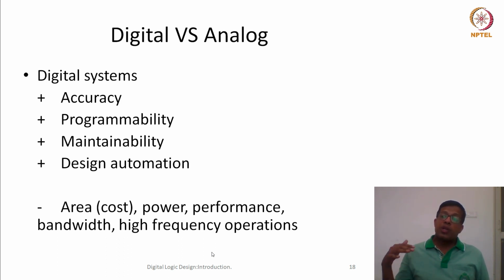But it is going to be accurate; it is always going to reproduce the same value, whatever be the case. You can program it over time. So even though digital signals are slower, consume more power, and are less area efficient, they are still more prominent because they're reproducible, more accurate, and programmable.